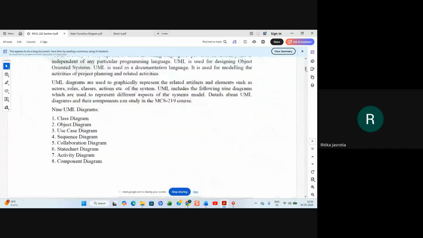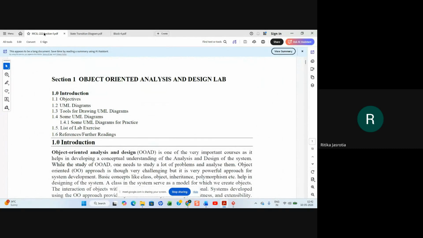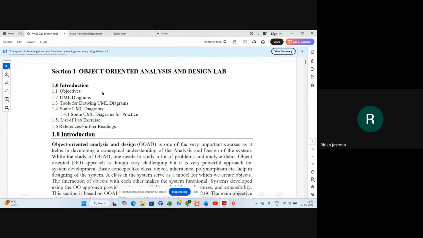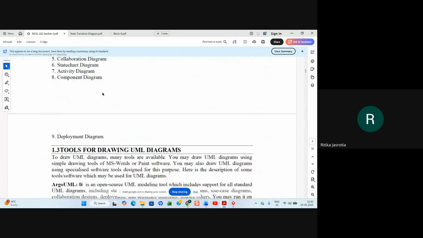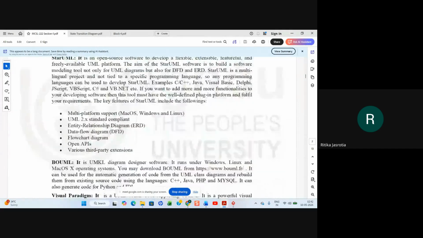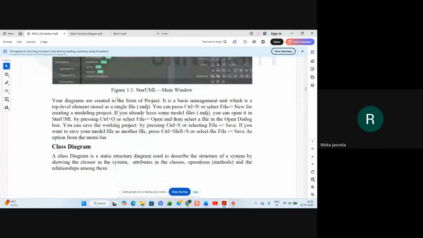MCSL, L means lab. This lab has two sections. Section 1 is object oriented analysis and design, and section 2 is web technologies, right? So in section 1 you have this book, and the session wise questions are your lab records.